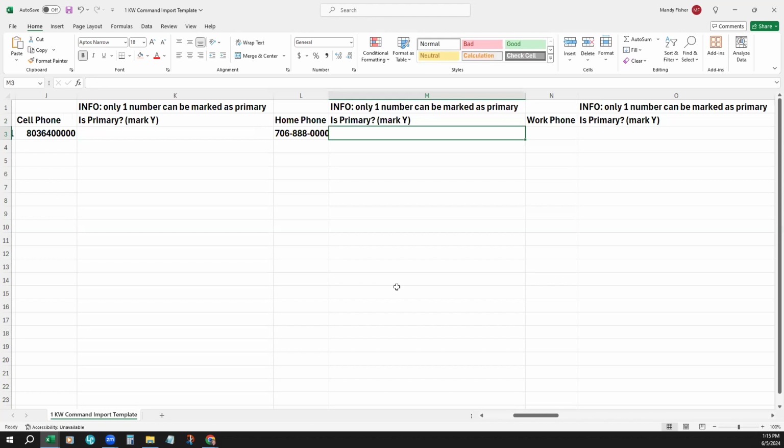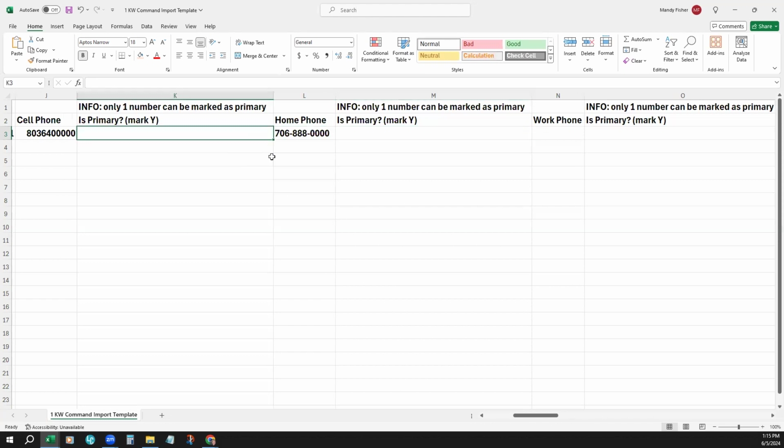We'll just enter the phone numbers. And now, since our contact has two phone numbers, I have to mark which one is primary. Even if you just have one phone number for them, it still needs to be marked primary. The primary one will be what Command uses to mark it to that contact. So if you do automated text or anything like that, this will be the phone number that your system is